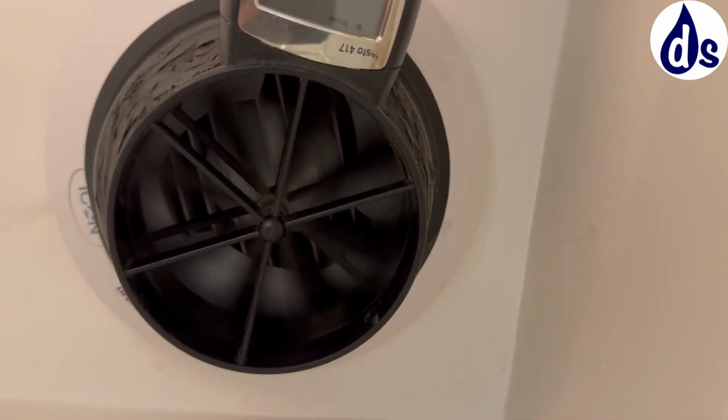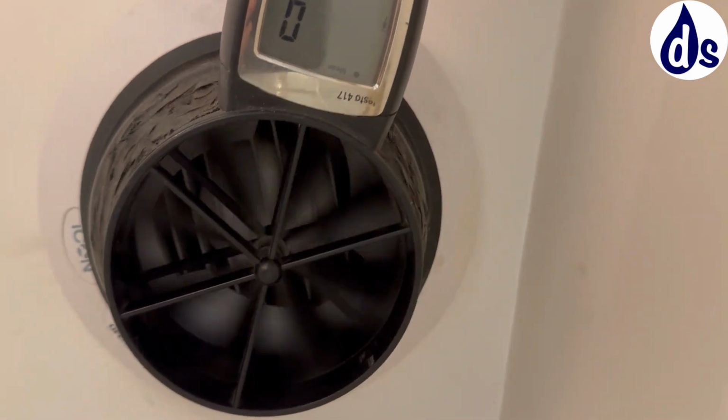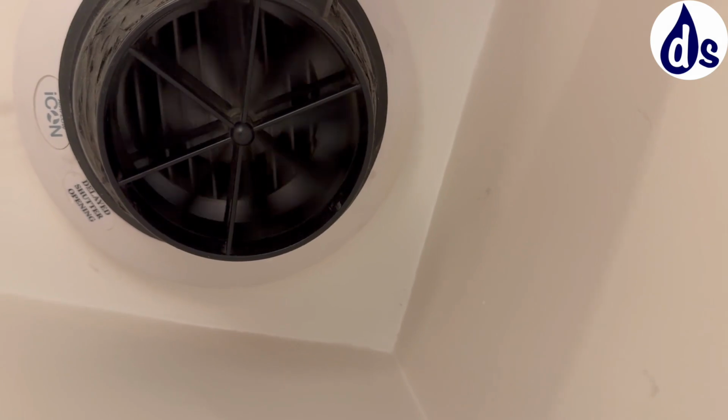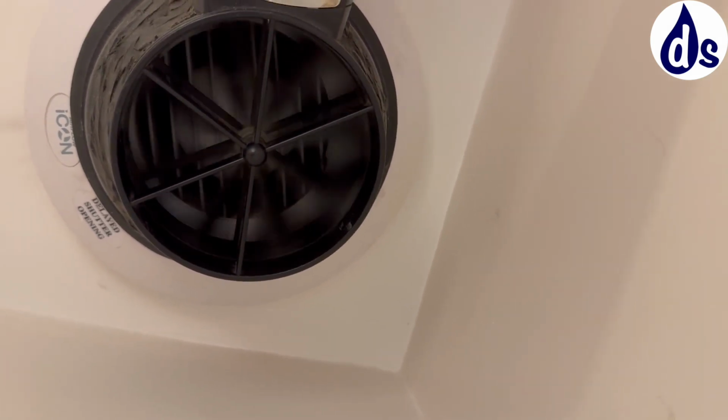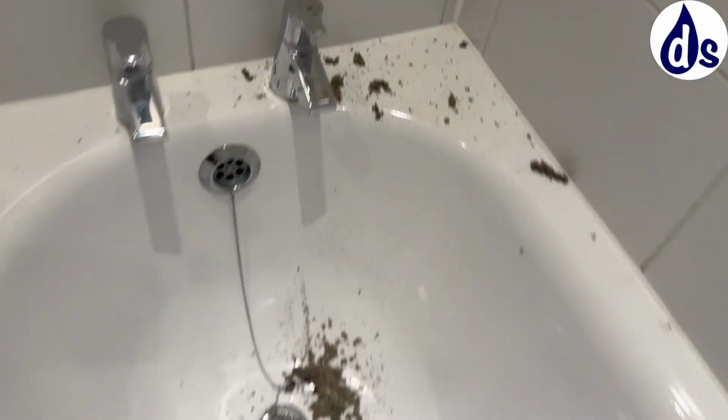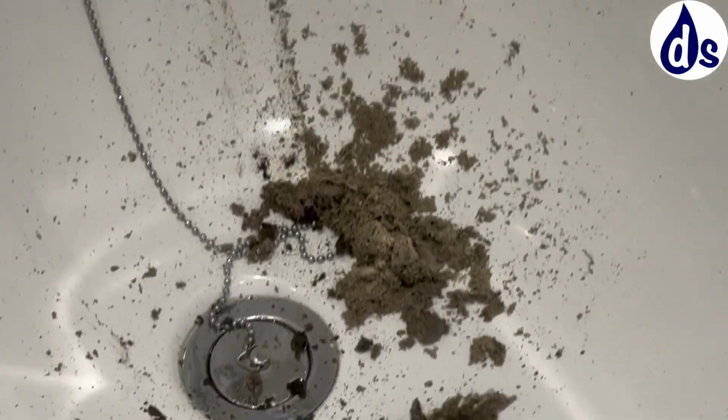So it's marginally better, but at least it's better. So it's going about 5.7, which is obviously significant, about 50% better. So here's the amount of dust that will come out of one of these fans if you're not cleaning it